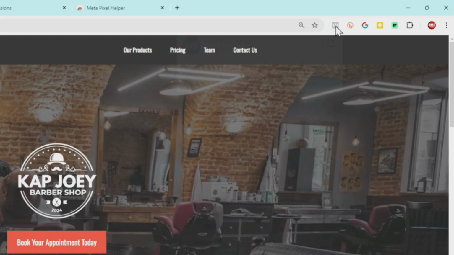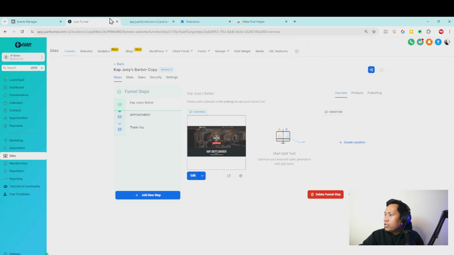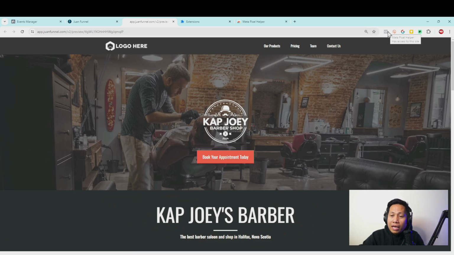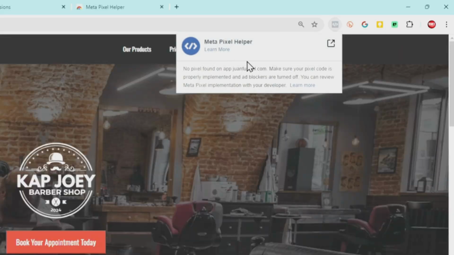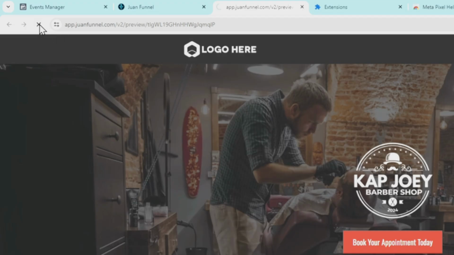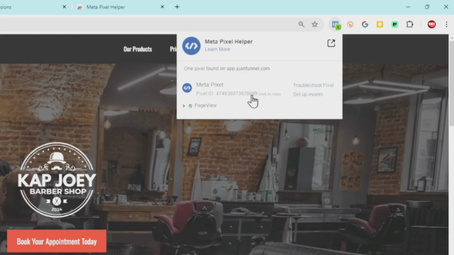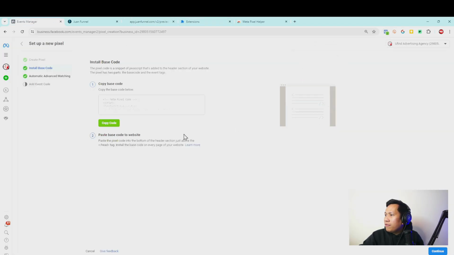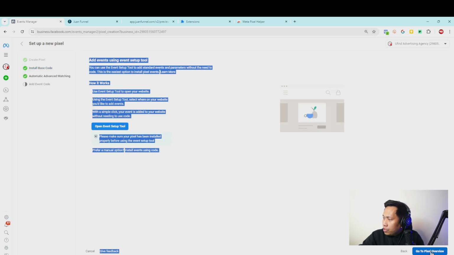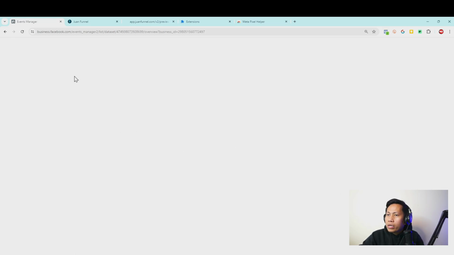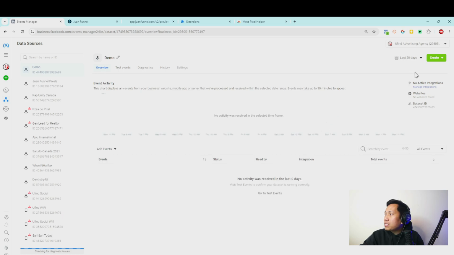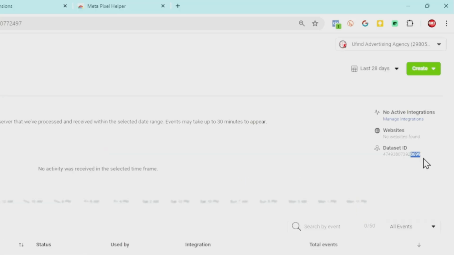And then here, there's no Facebook pixel detected. So this is already saved. I'm going to check again if we're able to add the Facebook pixel. Right now, there's no pixel. I'm going to refresh this. And here you go, 28699. Let's check the event. Okay, continue here. Continue and go to the pixel. I want to check if we're able to add this pixel successfully. So here you go, 28699.